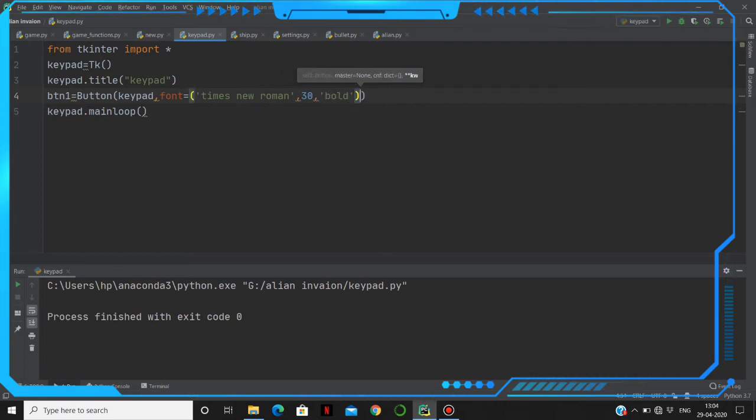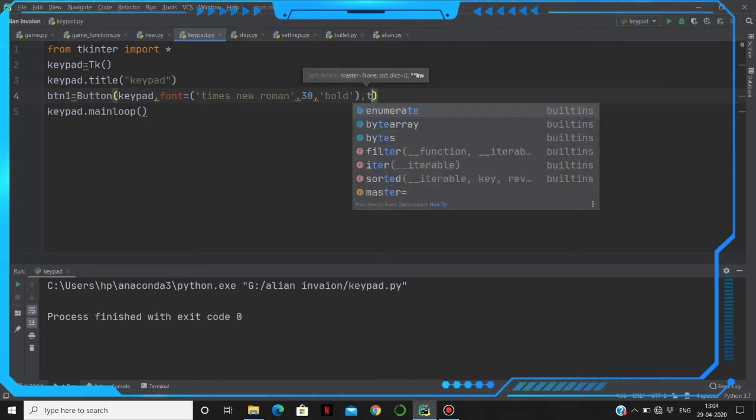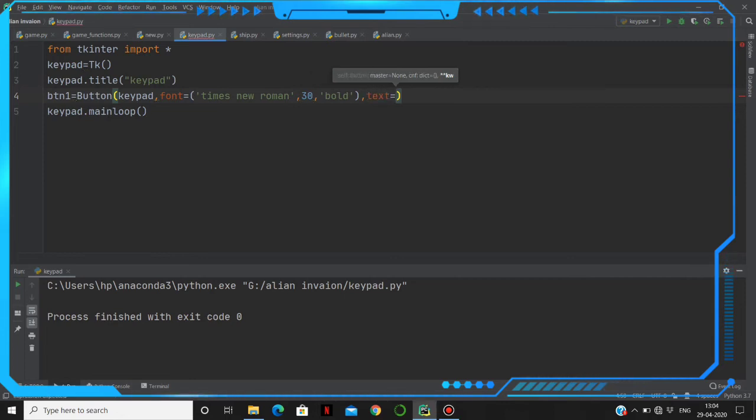After selecting the font, we have to give the text. What does this text mean? The button should be written with this text only. So we are going to give the button 1, and then we have to give the padx here. Padx is nothing but the padding of the element horizontally. There are two types of padding methods, padx and pady. Padx pads the elements horizontally, and pady aligns them vertically.